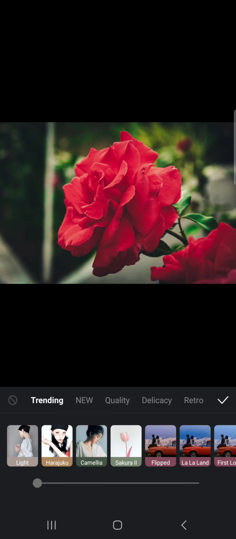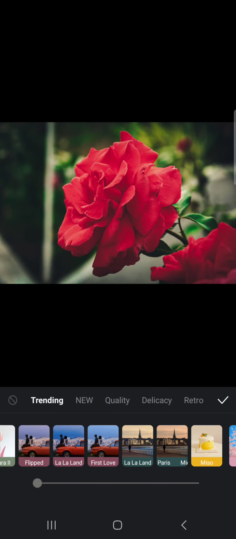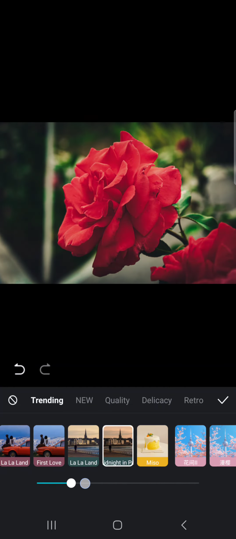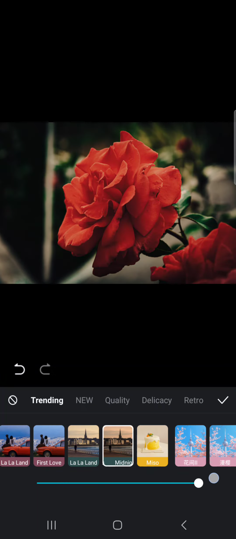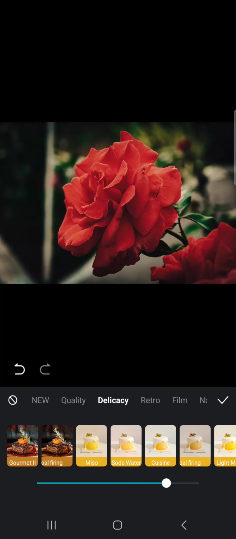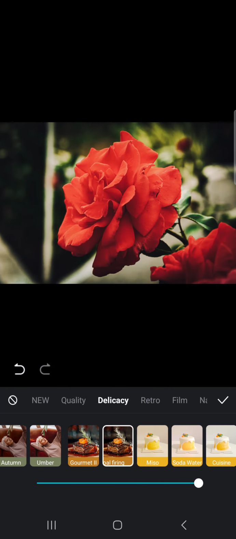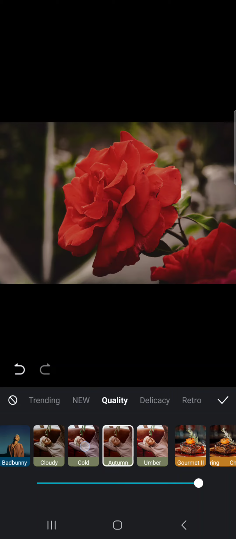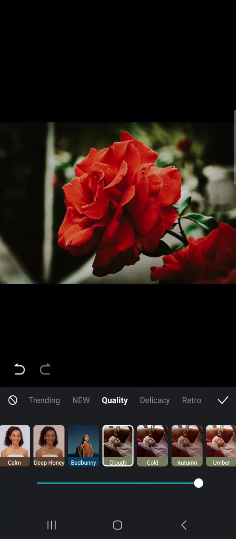Here we have a lot of filters that we can use, for example this one, and then set the intensity of it in the below like this. We have a lot of different kind of settings like this. So yeah,